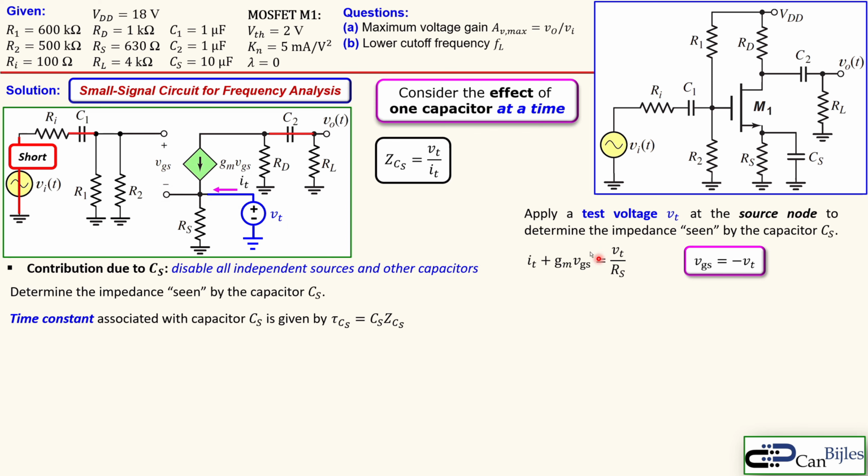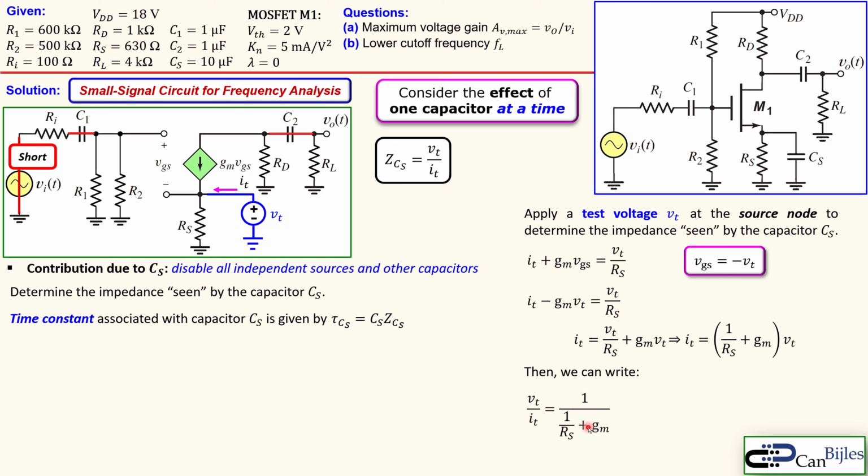That's just the flipped polarity. So I can replace this VGS by minus VT, that's shown here, and then replace this to the right side. So I have then collected all the VT terms. Now I see 1 over RS plus gm in the parentheses times VT, that is IT. Well, I'm almost there because I want to have the ratio VT over IT, that is my test voltage over the test current. And that is now shown here. So I do then 1 over that, that's actually shown here. I can now write it down in a little bit more convenient way. Multiply the numerator and denominator by RS. That's shown here. And now I have the expression I actually wanted,